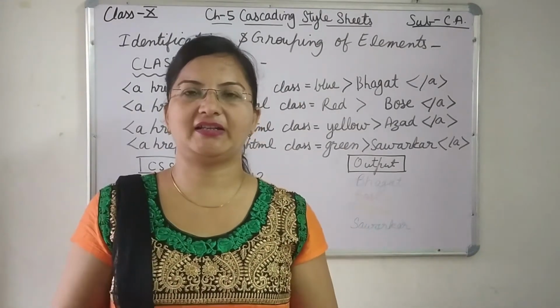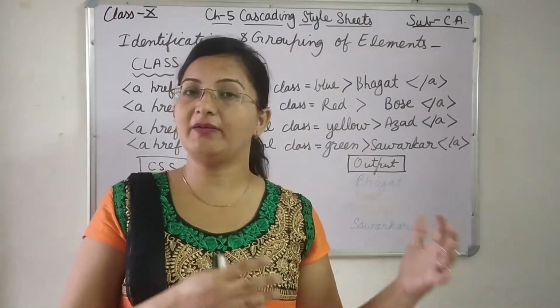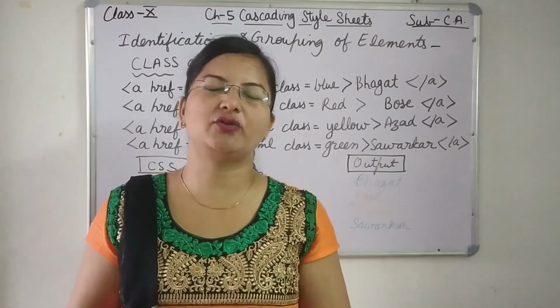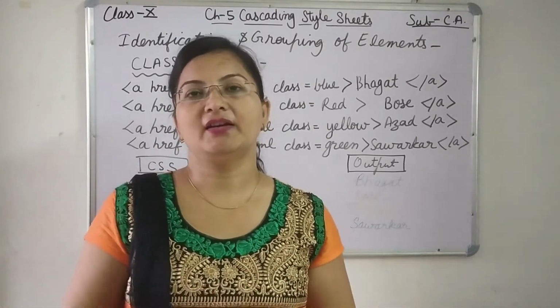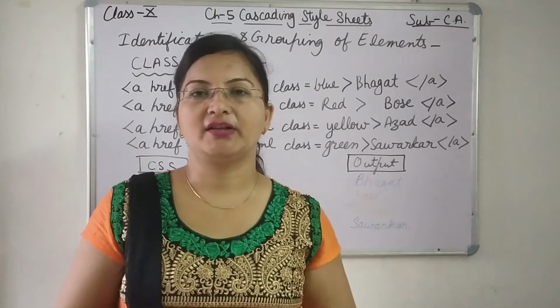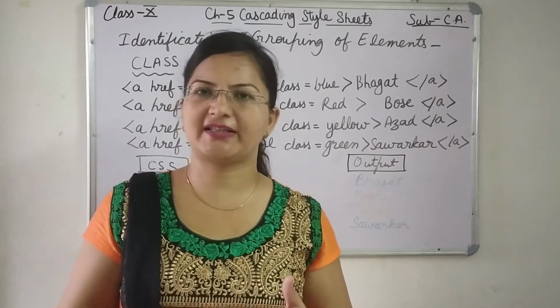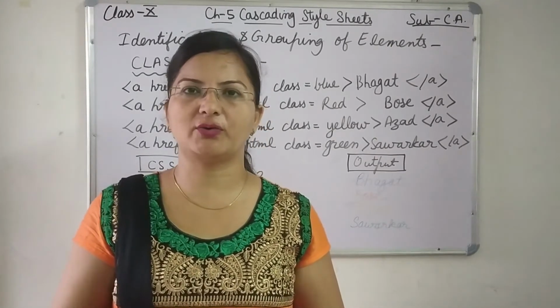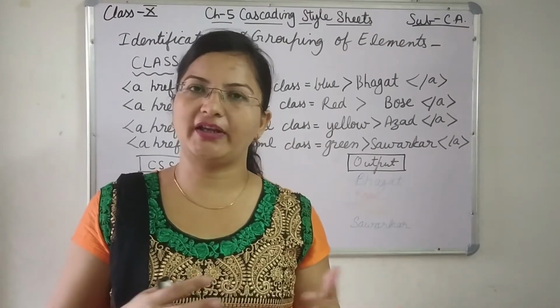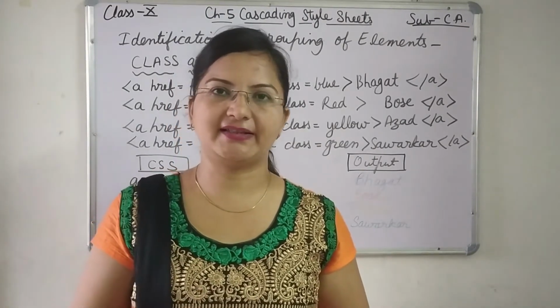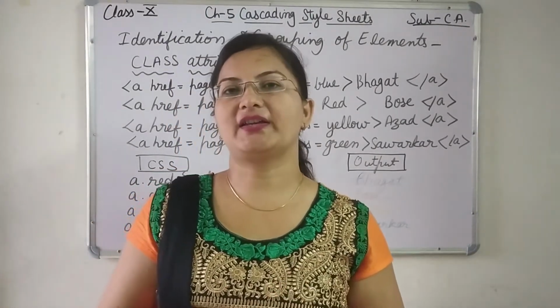In single page, if there are some links in blue color, some links in yellow color, and some links in green color, and so on, then what happens? Okay, so the same can be applied for paragraph also, or heading, or anywhere it can be applied in the CSS. Now let's see how we can do this.